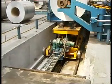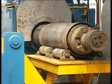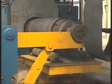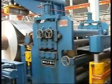The entry and exit coil car is driven by an AC motor to travel. Speed is adjustable. Stop position is accurate. This coil car moves up and down by hydraulic cylinder to load and unload the coils, charge and discharge the